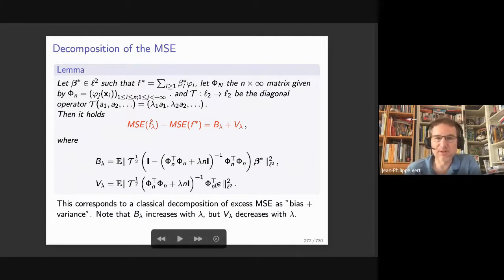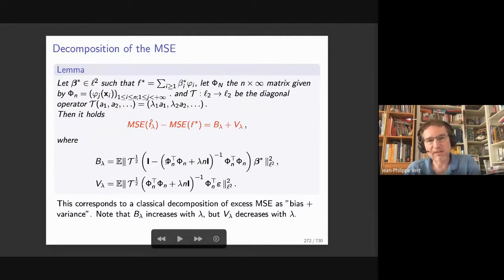And you see there is an epsilon here in the variance. And the second expectation is with respect to the training set, which is hidden here in the matrices phi n, right? So the phi n are random matrices that depend on the training set. So what we will do is that we will not study in detail the effect of this fluctuation, and we